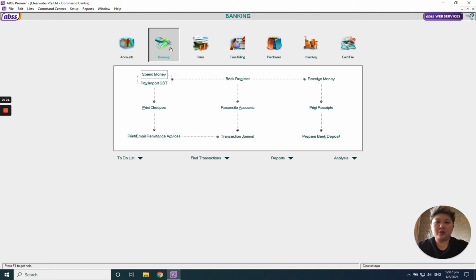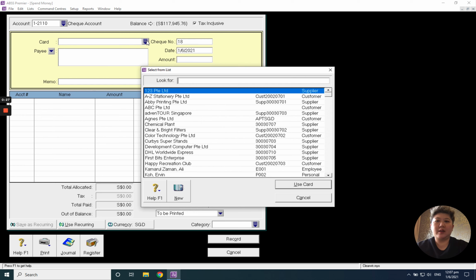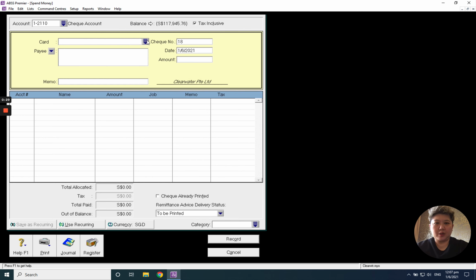So how to record it? Just go to Banking, Spend Money. You can create the bank as a card file, maybe OCBC Bank, UOB Bank. If not, you can simply key inside the payee Bank Charges, maybe dash OCBC, and key in the transaction number and how much, maybe it's $20, and in the memo here you can put maybe bank charges